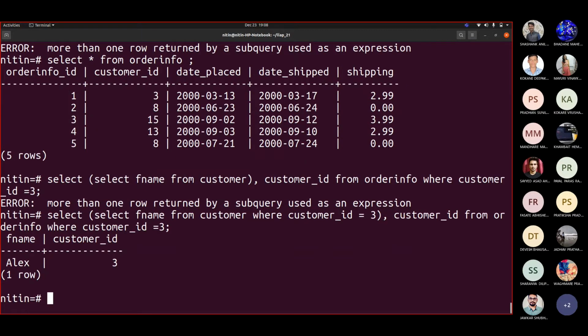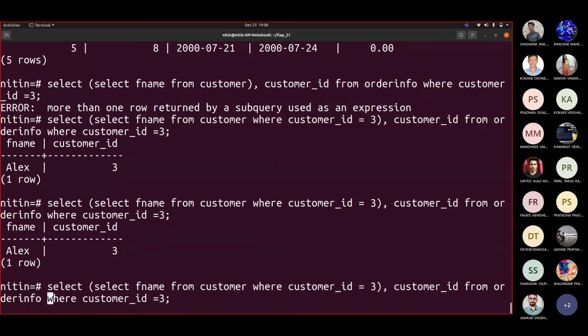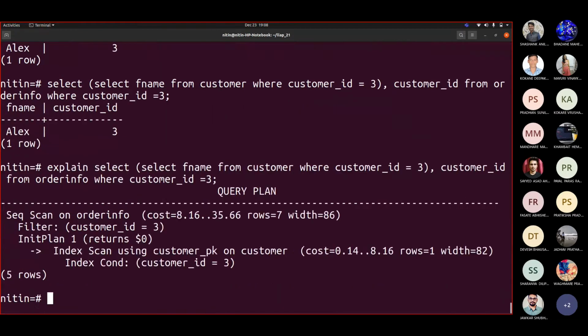Okay. Now we wrote this query. We took app name there, we took customer ID from here, and then if I try to display now and explain plan, you may say why should we write this kind of query, but you don't know what it will require. Correct? So this is init plan to return you the first argument, and this was your first argument.